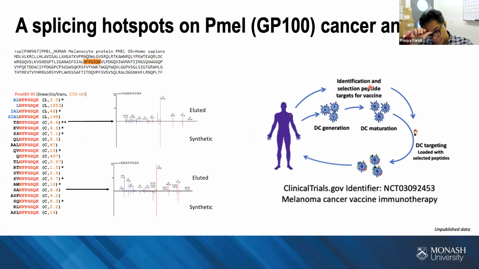So why is it important that we don't miss them? Let me tell you a story about one of the very well-known cancer antigens, PMEL or GP100, which is a very well-known antigen in melanoma. This is the sequence of this protein, and with normal immunopeptidomics you expect to see 1 or 2, maximum 3 peptides from each segment, which was the case for us: we found 3 peptides from this part of this antigen.